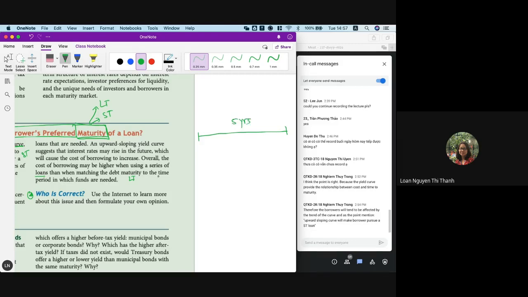Take a sample of 5 years. You need funding for 5 years, so I have 2 options. The first option, you issue a bond with a maturity of 5 years, and you lock in the rate of the long term. Number 2, you have the